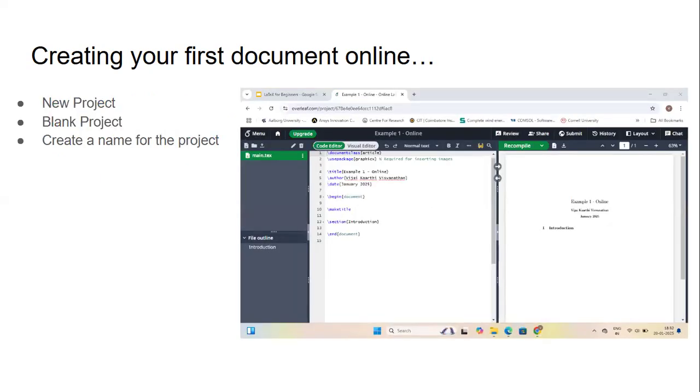So we will click on new project and we will select a blank project. And we have to create a name for the project. I have named it as example 1 online. And when you see in Overleaf, just by creating a blank project with a name,